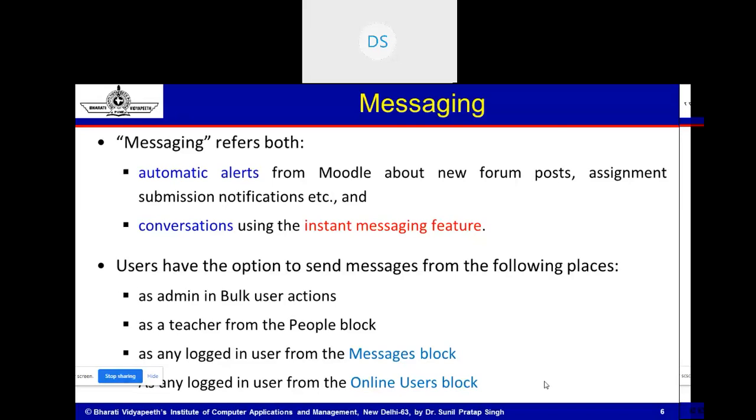Edit it. So we will explore how we can implement the chat module activity in our course. The next tool of communication is messaging, and this messaging refers to both, one, automatic alerts from Moodle about new